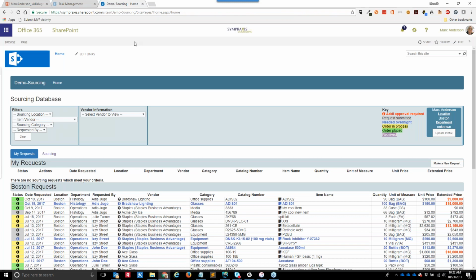So what we've done here is I've taken a solution that I actually built for a client. And it's around sourcing. If you think about working in a company, probably not a big one. This would not be a sourcing application for a huge company because it would be far too complex. You tend to use things like SAP for that. But in a small to medium-sized company, you might have a situation where individual people need to come and request purchasing of things.